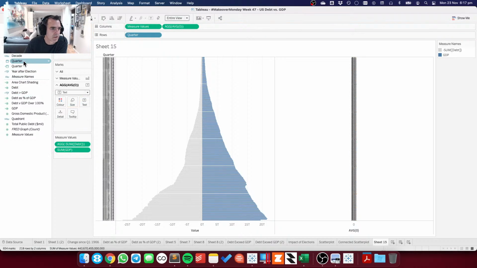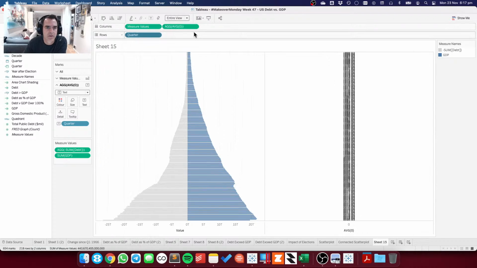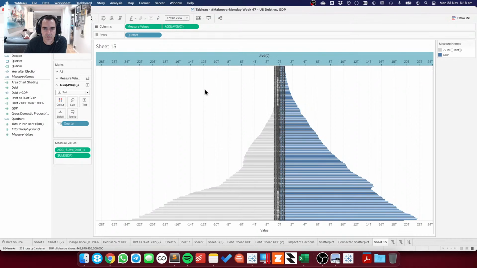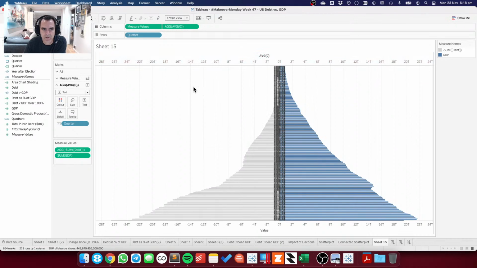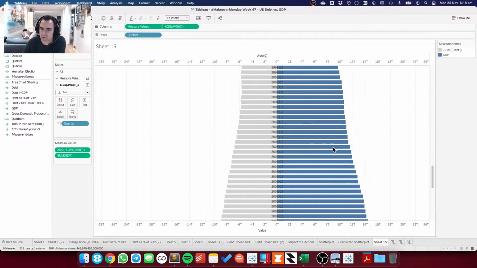And I could put the quarter, duplicate down to text, and then I could now hide the header and dual axis and synchronize. Okay, so now what this should be doing is putting the year in the middle. So let me just fit width instead. And now we can see the years as we go down.